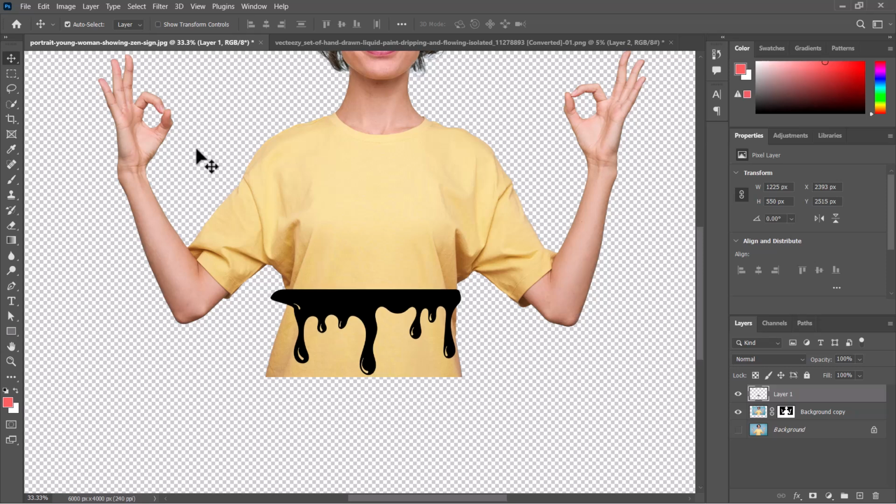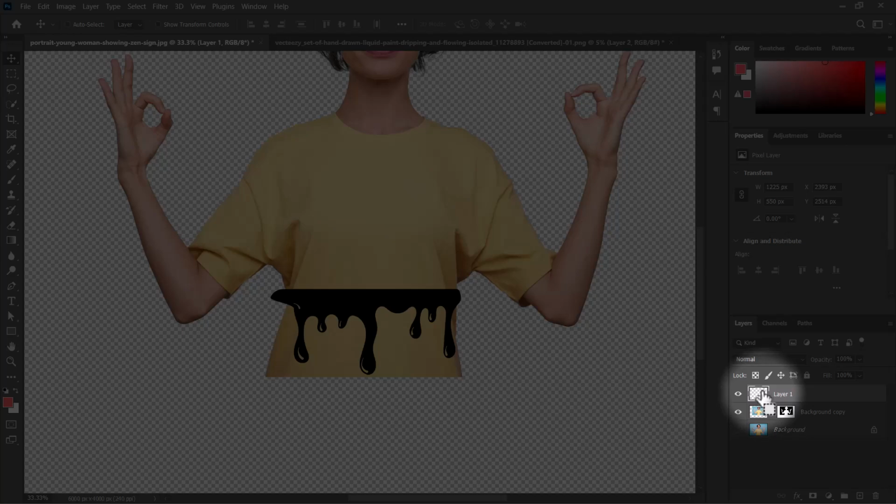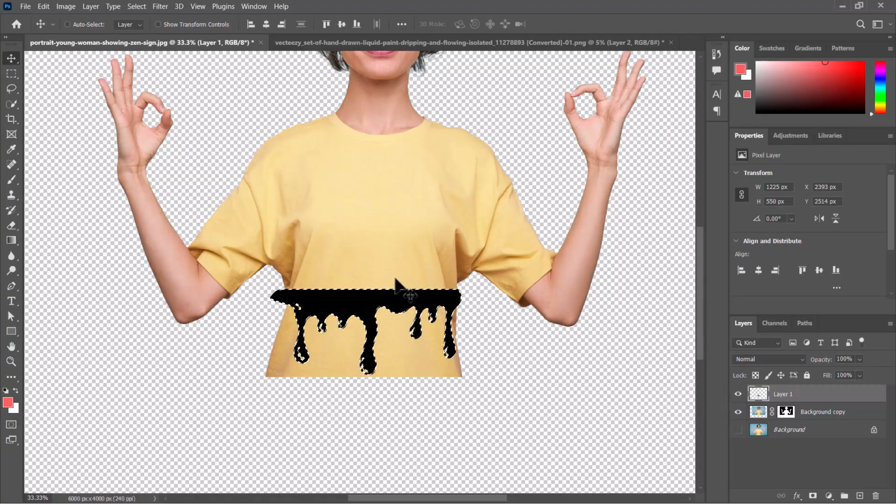Then what I'm going to do is hold Control and click on this particular dripping layer. I'll hold Control and click on it. It's going to select this image. It's going to highlight it for me like this. I'm going to make a selection of it like this. Then I'll right click on this,